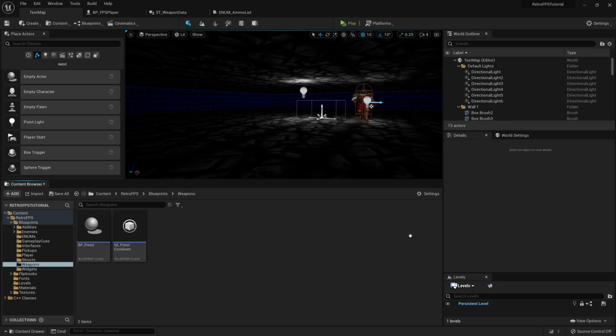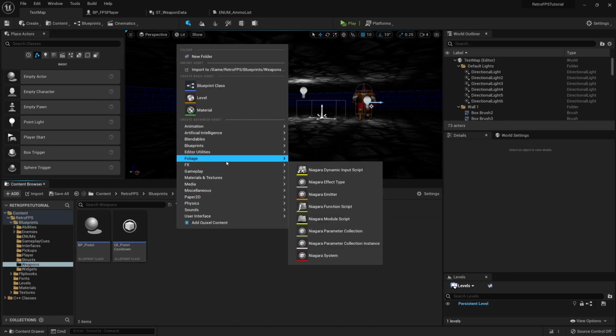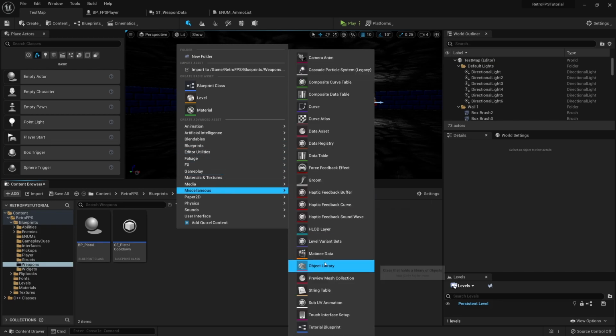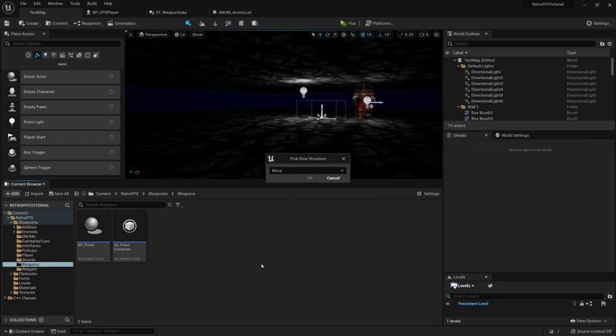All right, now we have the struct, and we can head back over. In the weapons folder, I'll add the data table, which I believe is in miscellaneous. Data table right here. So we'll add this, and then we'll choose the struct that we made, which is the weapon data struct. Hit OK, and we'll call this DT Retro FPS Weapons.